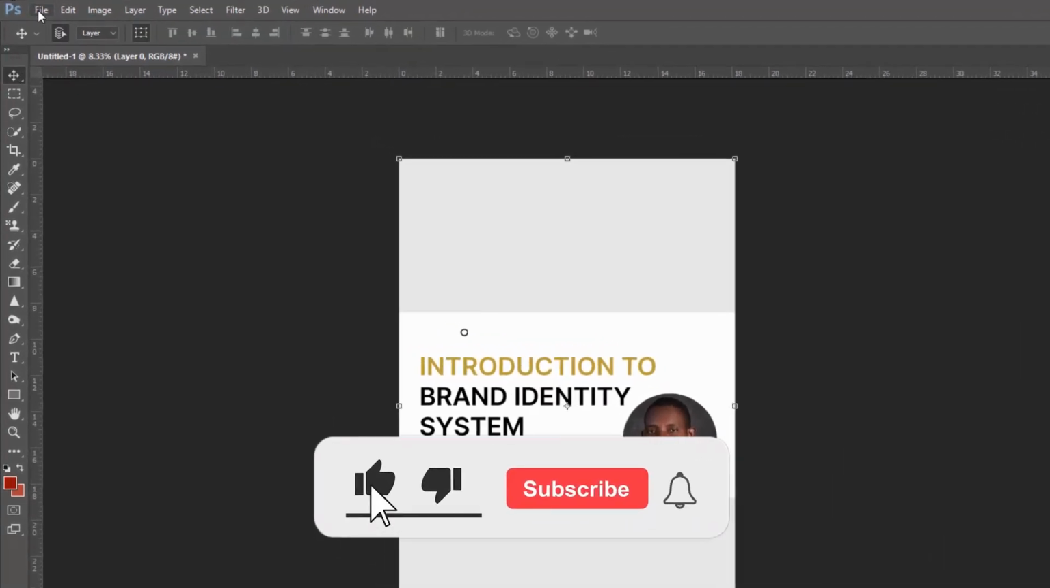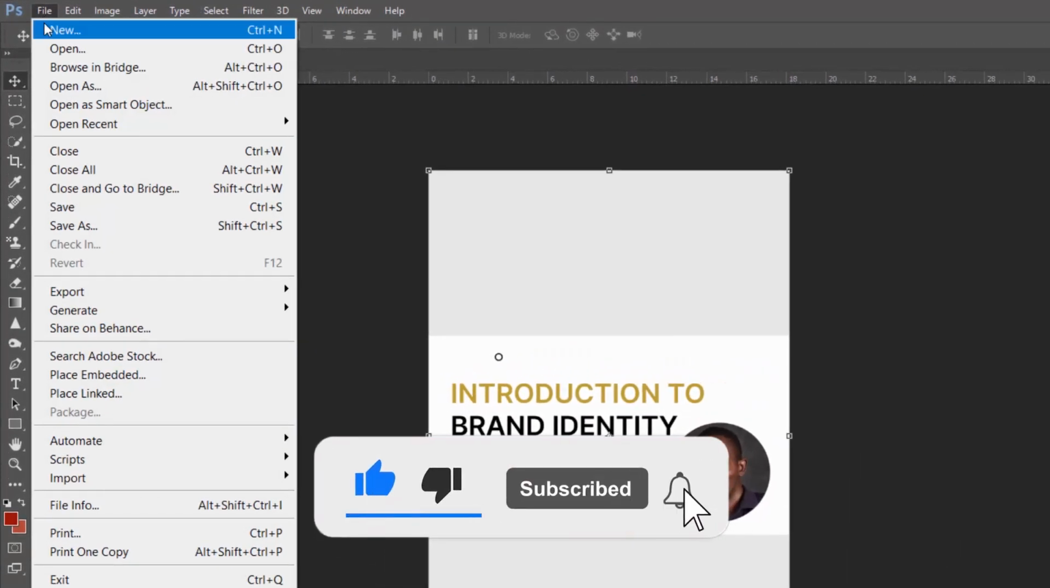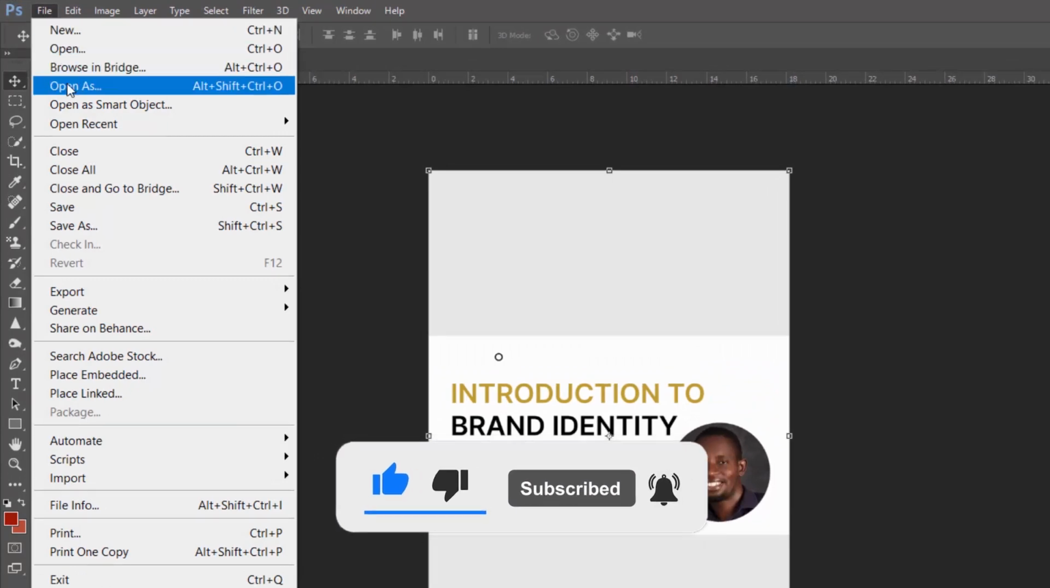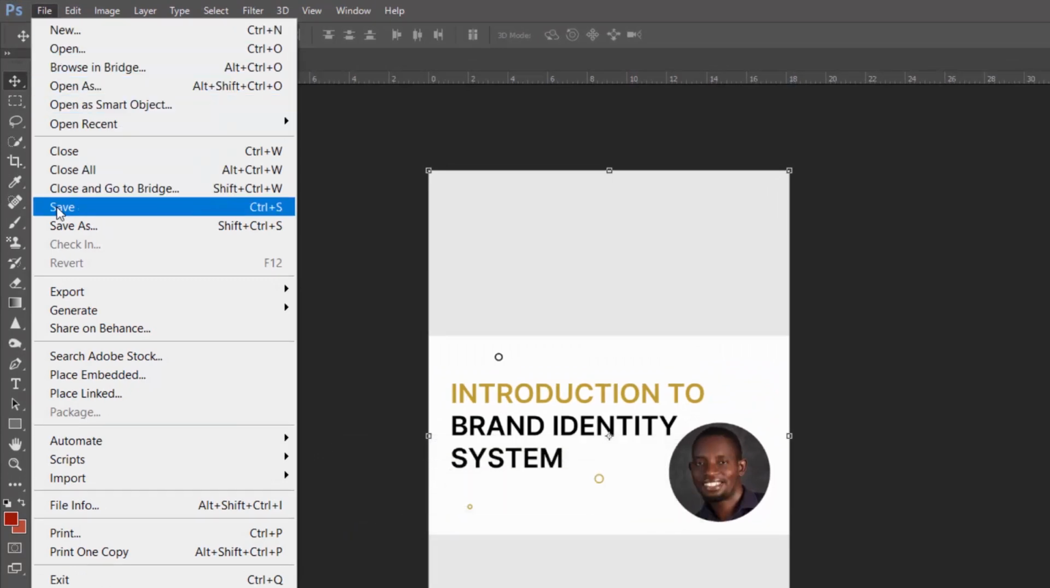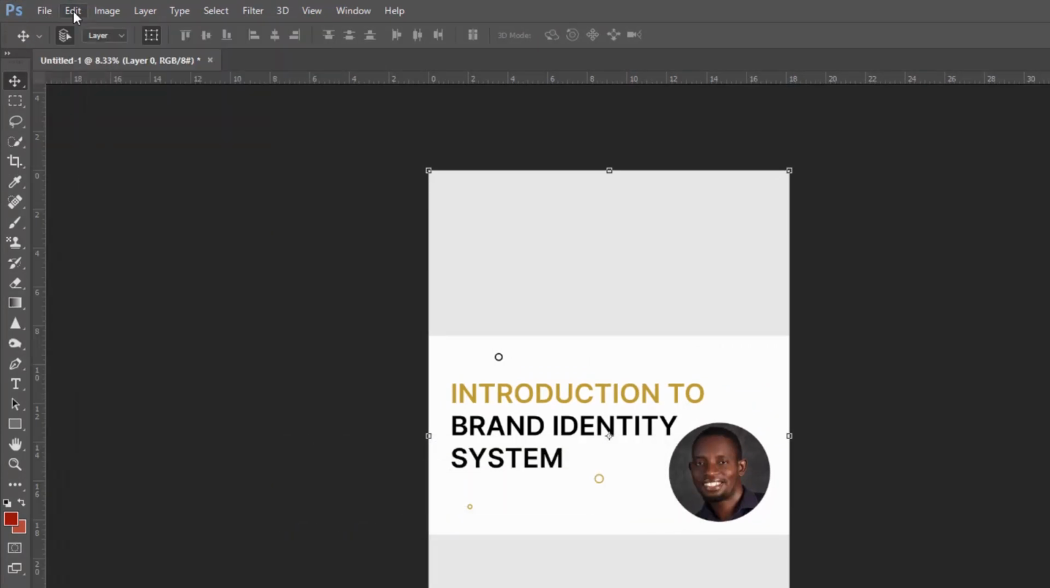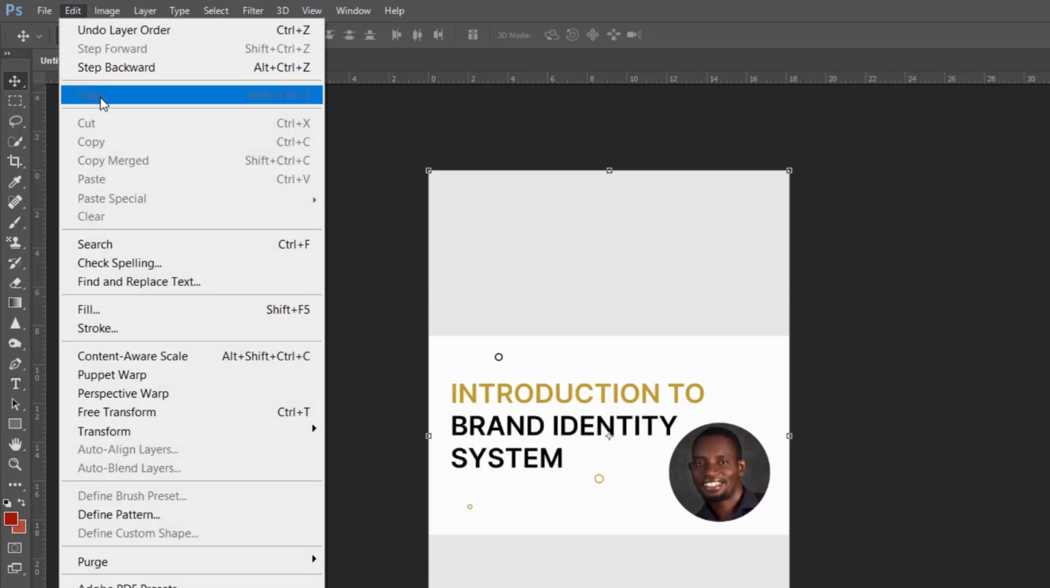On the menu bar, the first section is File. File contains options for opening, closing, saving, and exporting files. The Edit section provides options for basic editing tasks like undo, cut, copy, paste, and free transform for maybe resizing, rotating, and transforming objects. You can also use the advanced options for content-aware fill, puppet warp, and preferences to customize